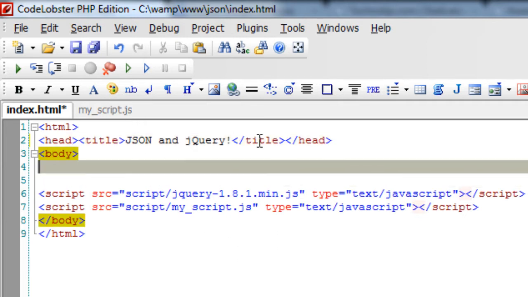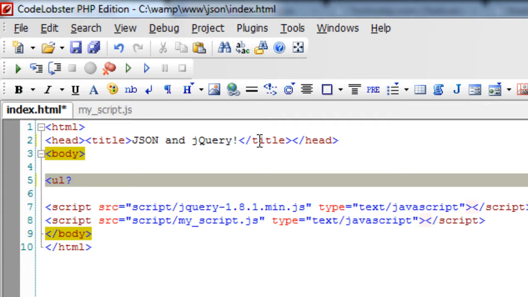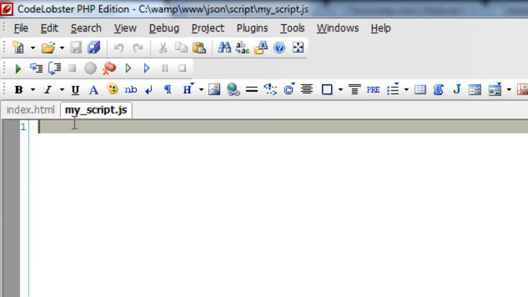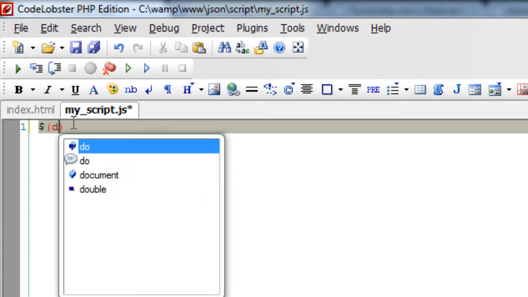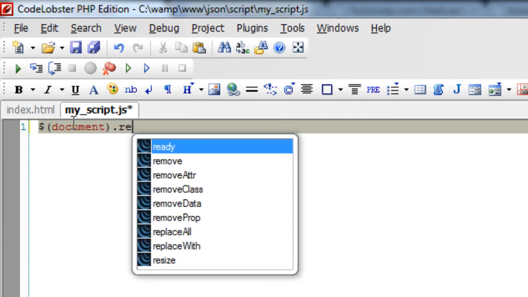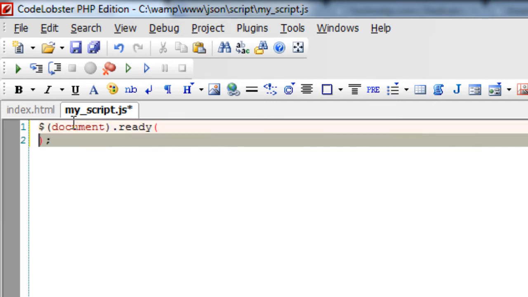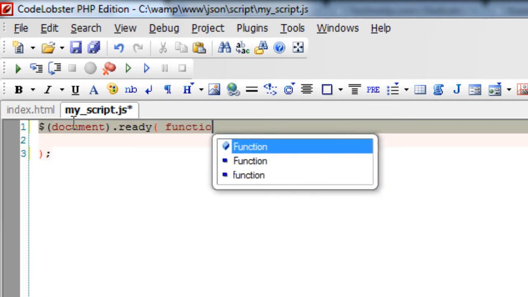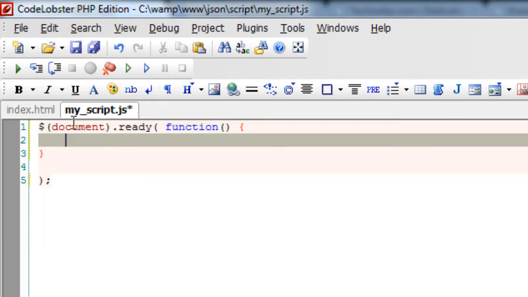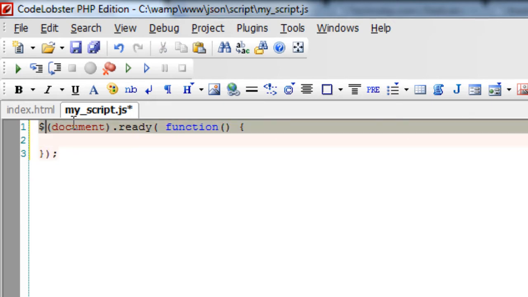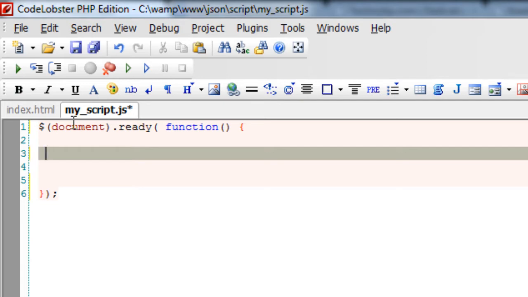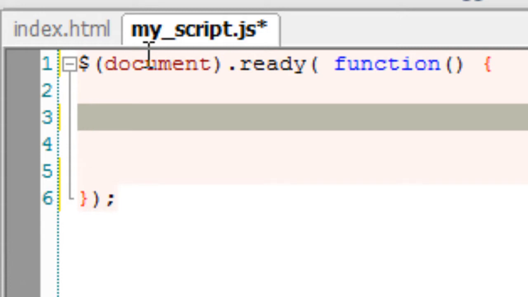We have a basic HTML here. I'll just take an ordered list here. Using jQuery, I'll fill the li elements. This can even be done with raw JavaScript. Since we are showing this inside our jQuery tutorial, I'll still be using jQuery, the basics, nothing fancy here. So once the document is loaded and ready,